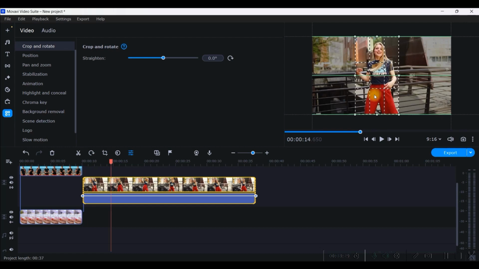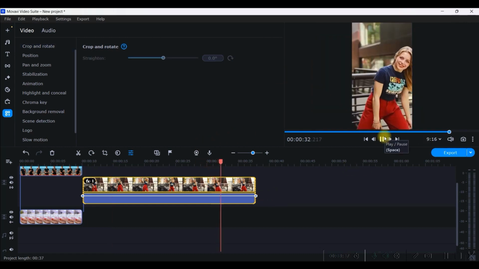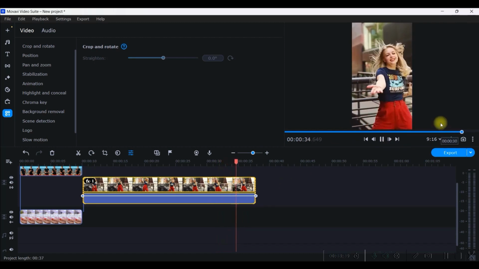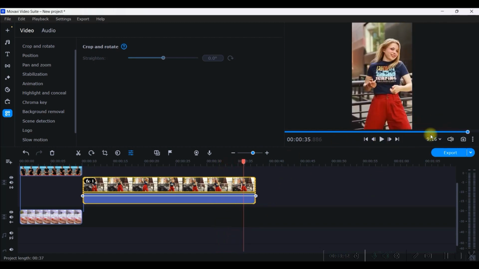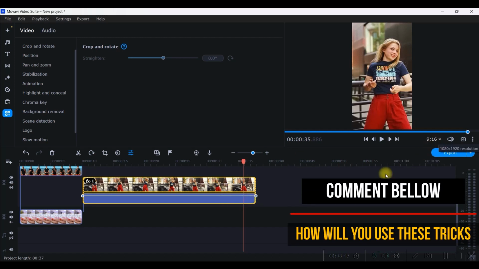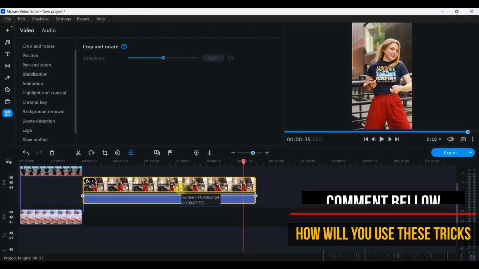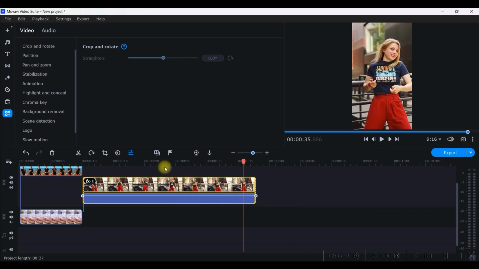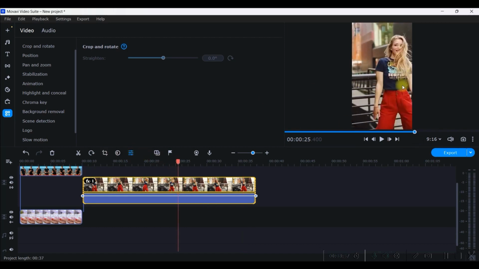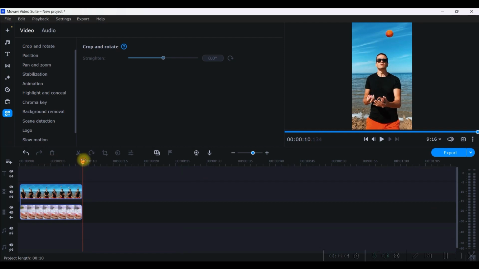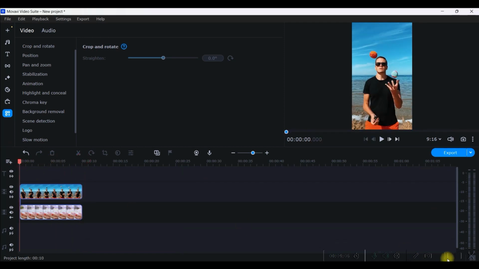So here you'll have to situate this box where your main subject is, and then just check how is it looking. It will be automatically taking the aspect ratio 9:16, right? And then you'll have to export that file separately. But at this moment I don't need it. I just wanted to show you if you are having any video which is having this 16:9 ratio, there you, by cropping tool, you can actually fit it to your aspect ratio which is 9:16, right? So at this moment I'm deleting it and I will work on these 2 clips only.